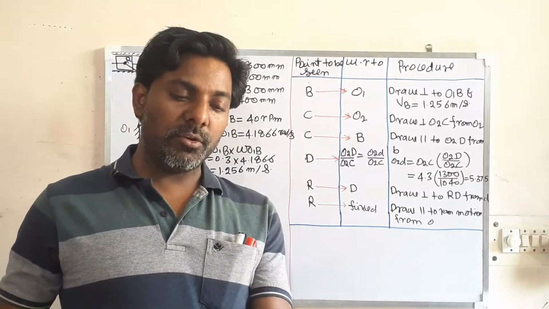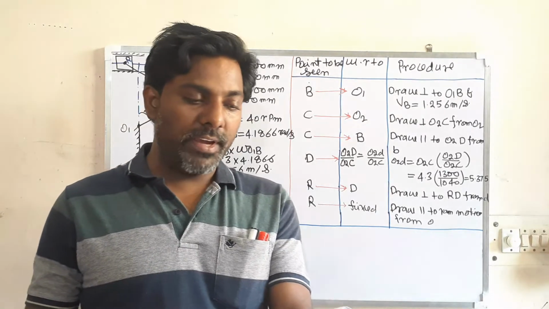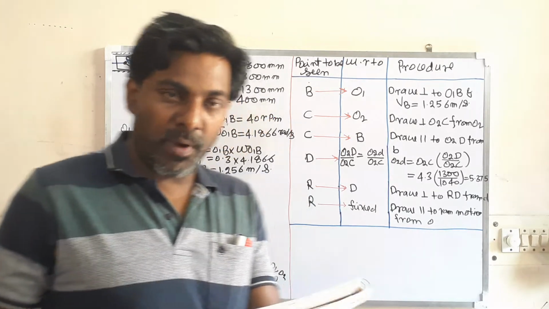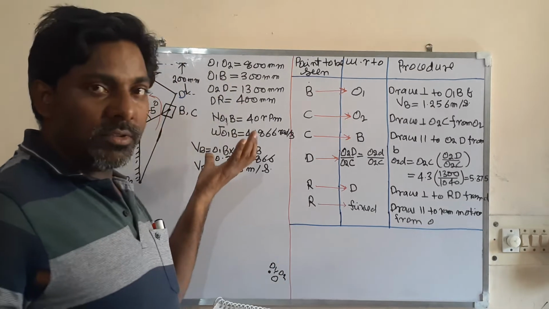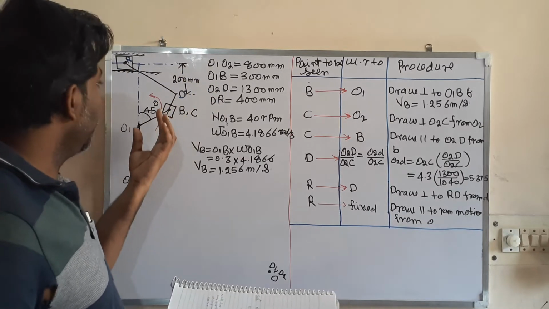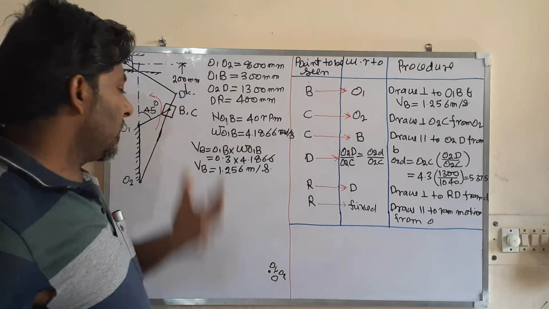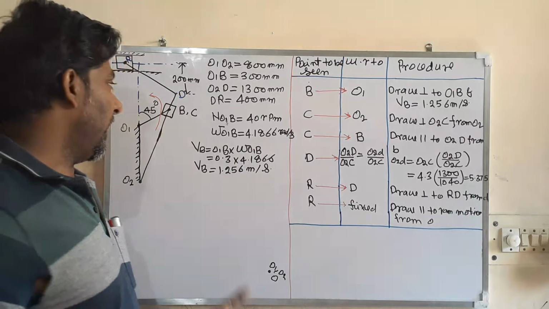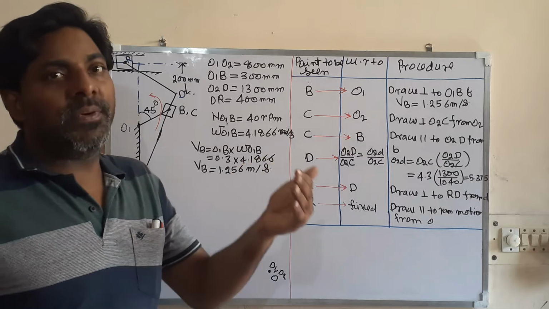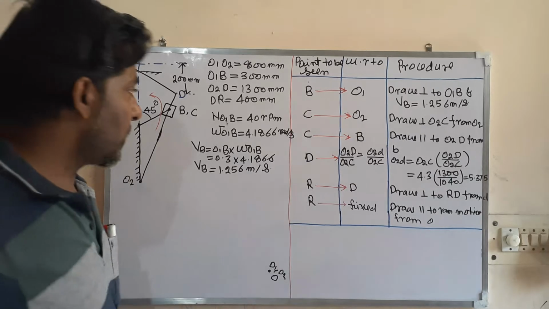So today I am going to analyze the velocity of the quick return motion mechanism. Through one problem I am going to analyze how to solve this problem, how to analyze the velocity of different points and different bodies of the quick return motion mechanism. This is the inversion of the single slider crank mechanism, and this is a very important mechanism. Most of the time when they want to ask some difficult question, they ask on the quick return motion mechanism. So let us see what the question is.